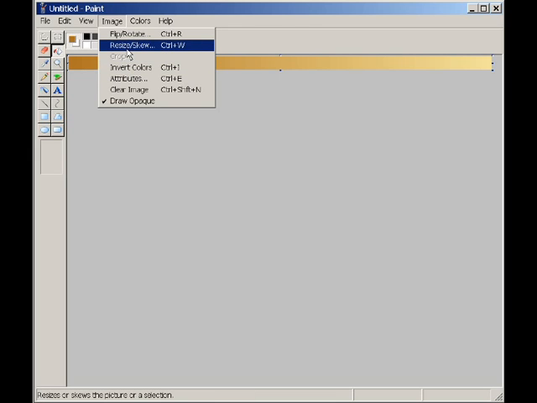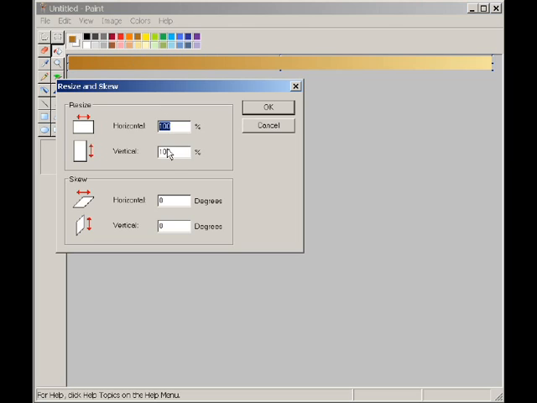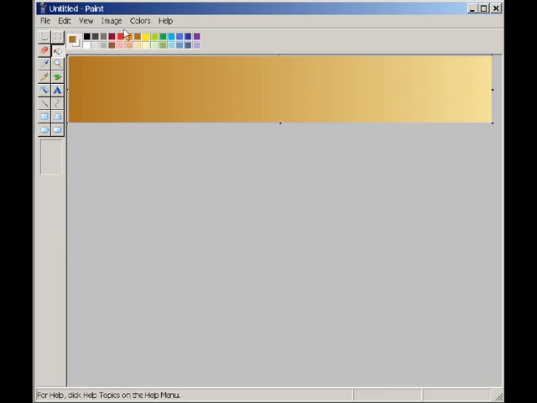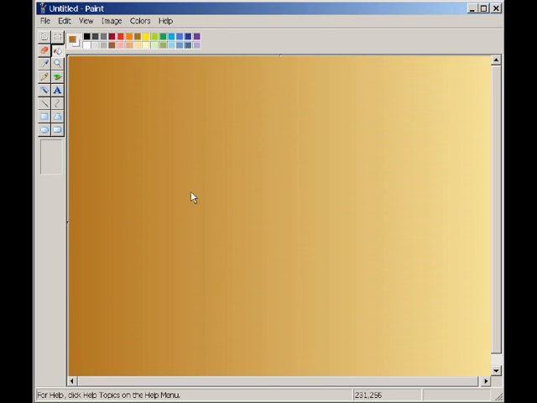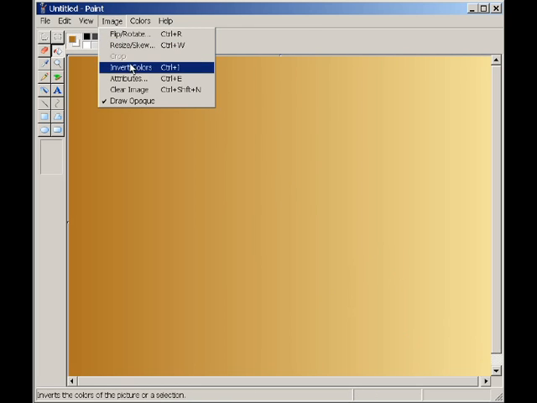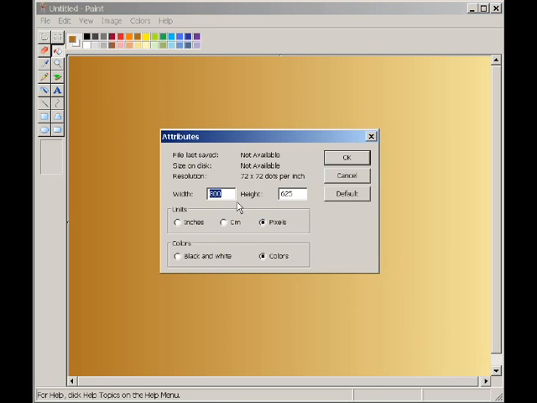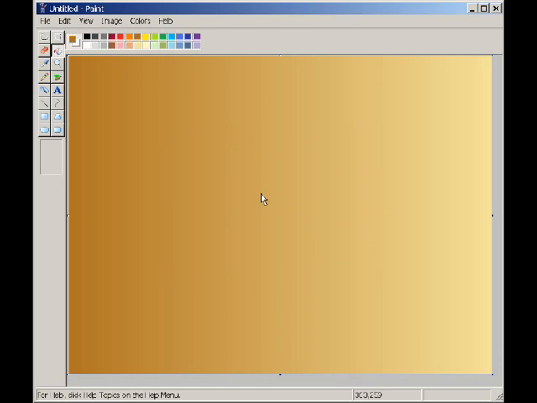However, you can also continue to stretch and skew. Go 500 again, stretch and skew, go 500 again, then go up here to Image, Attributes, 800 by 600. Now you have a palette that has a gradient color from one darker shade brown to the lighter